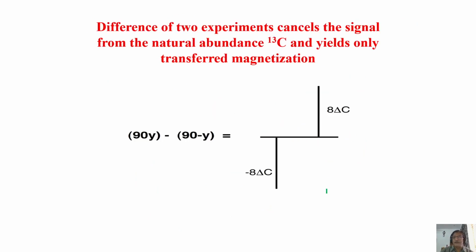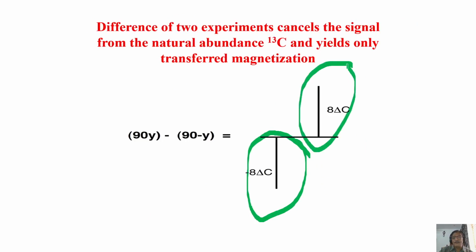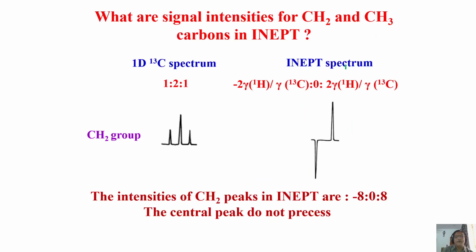If we take the difference of the two experiments, we get this signal minus 8 intensity and this signal plus 8 intensity. Of course, the antiphase character is still maintained. But now see the gain. 8 intensity. What was the intensity when we started before? It was 2. Compared to proton, 1/4 it is less. But now it is equal to the intensity, 4 times gain. Why 4 times gain? It has a relation with gamma, gyromagnetic ratio. You can understand how it is related to gyromagnetic ratio. As a consequence, it became more.